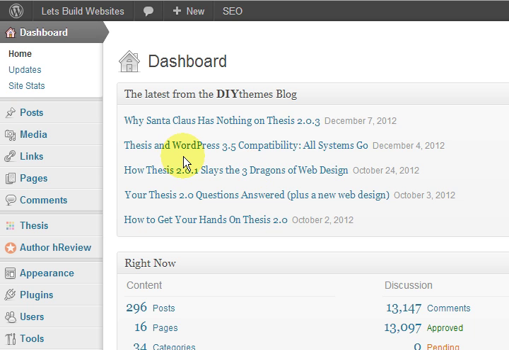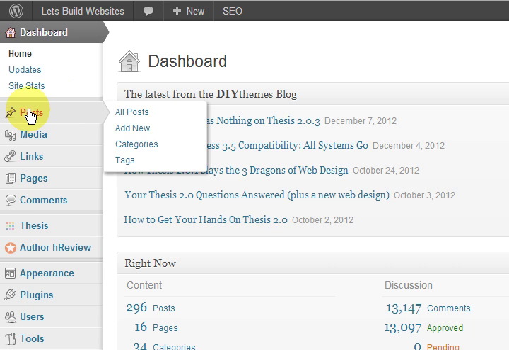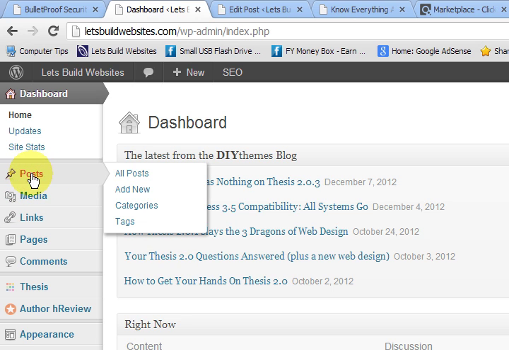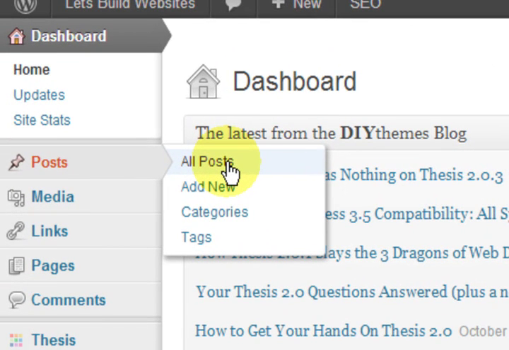Okay, so this is posts that you publish through your blog. Now, in the dashboard of WordPress, which I'm on right now, all we have to do is go to this posts section right here, and you just hover over it and a menu comes up. So we can have a look at all the posts that we have on the blog, or we can press on Add New. Okay, so I'll press on Add New,